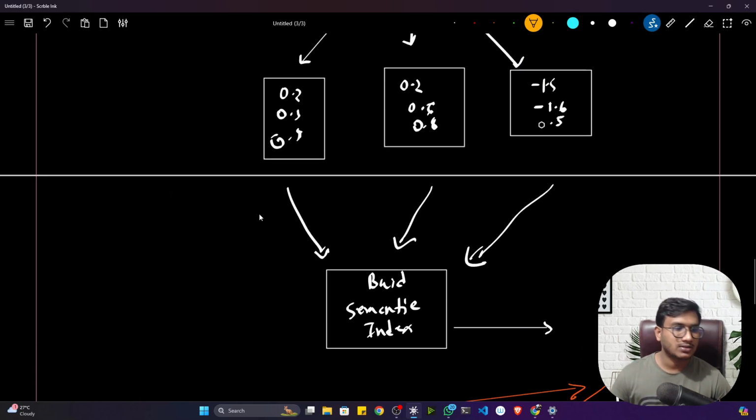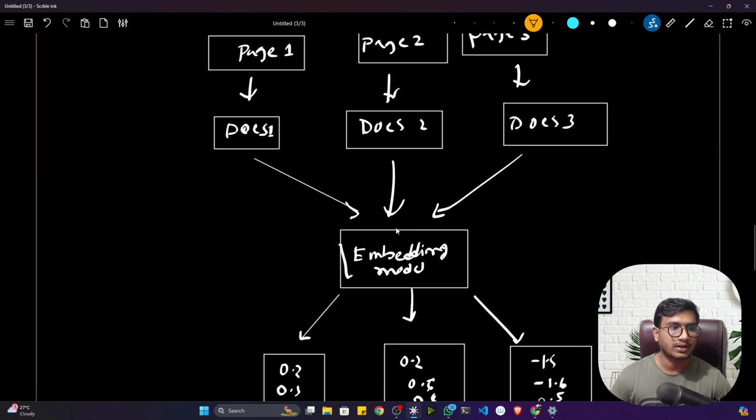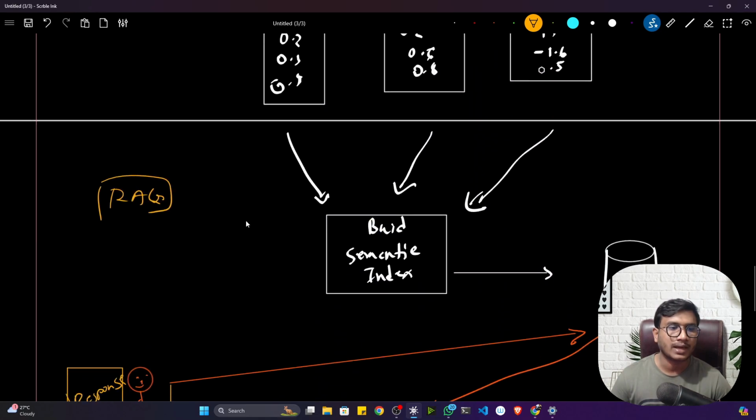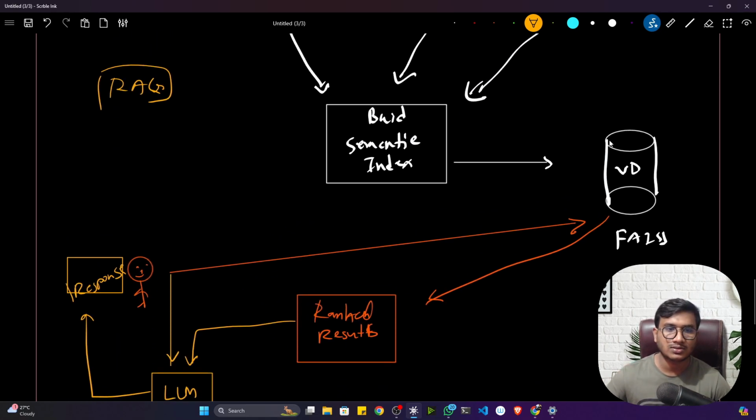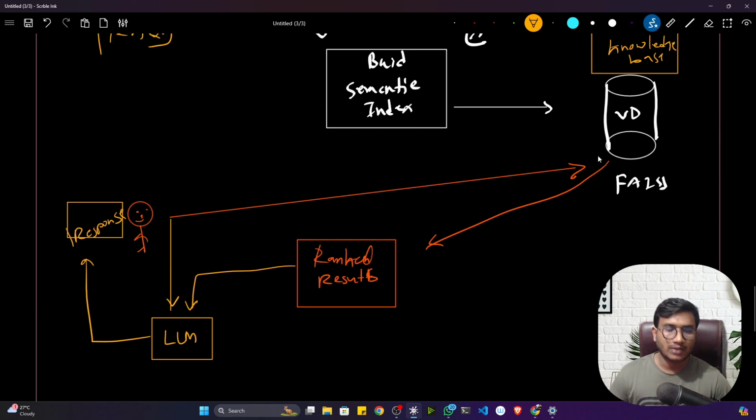Okay, and this is actually called RAG. RAG means retrieval augmented generation, because here we are integrating our custom data, and we're integrating our large language model with that data. That means this is actually called a knowledge base, the entire knowledge base. So now let's open up our Colab notebook and try to install everything, and let's implement